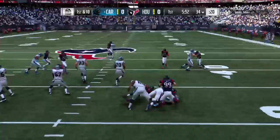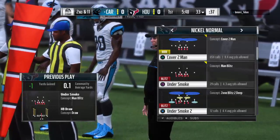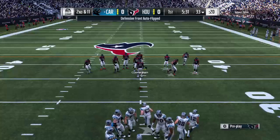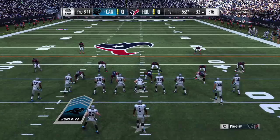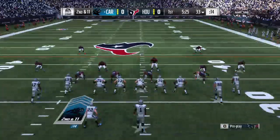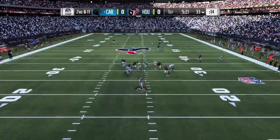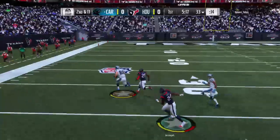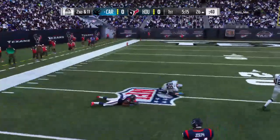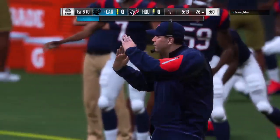First carry of the game for Christian McCaffrey. Absolutely nobody fooled there. He's going nowhere fast as he's stopped behind the line of scrimmage. Nice play right there to stop him behind the line, but I want to see how this defense continues to play him here in the first half. Yeah, we know. You know better than I. He has the ability to take over a game, so what do you do? Yeah, I think you have to make sure that you bottle him in at varying levels, because if you crowd everyone to the line of scrimmage, if he breaks through...